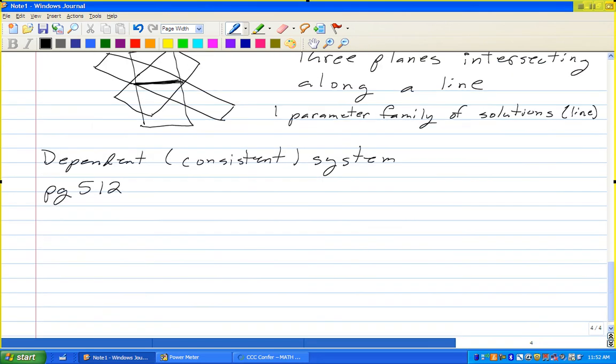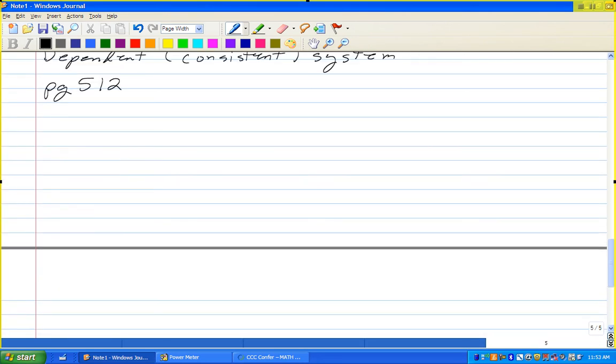Let me do some examples. So in exercises 1 through 33, solve the system of equations. And so let me do each of these. Now,